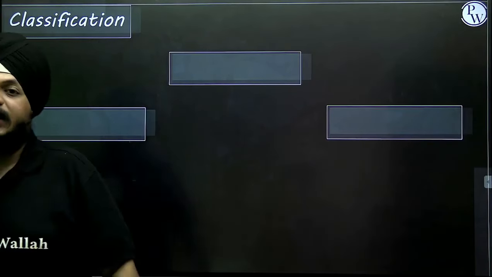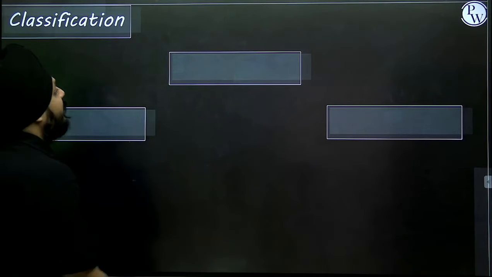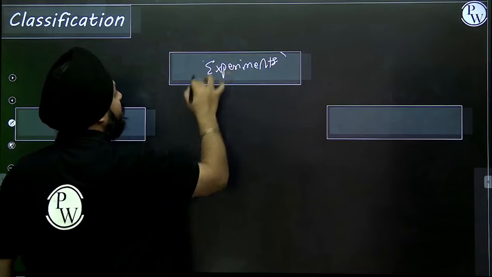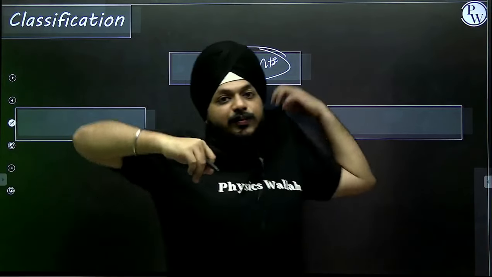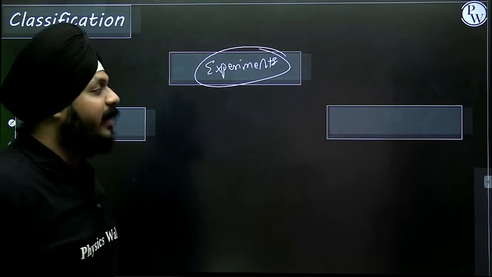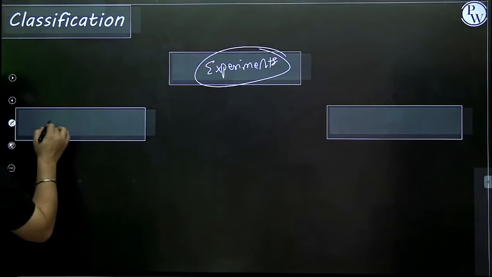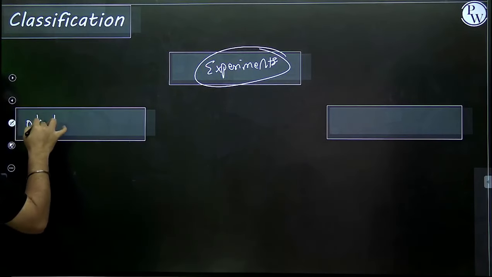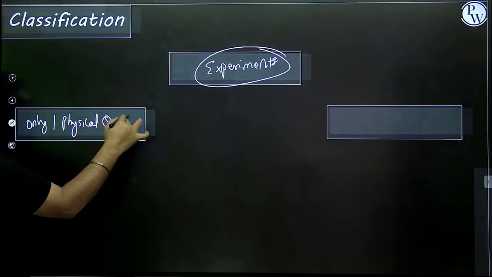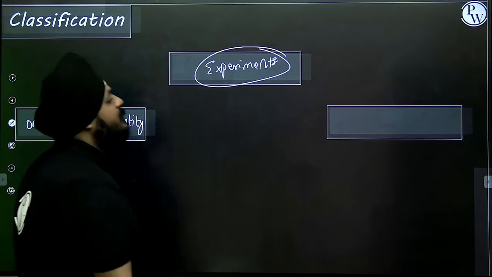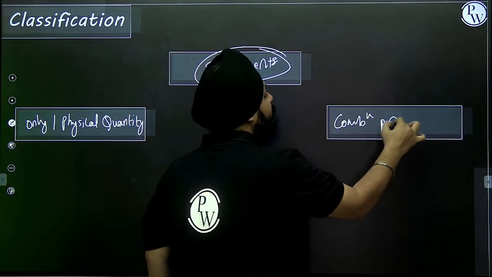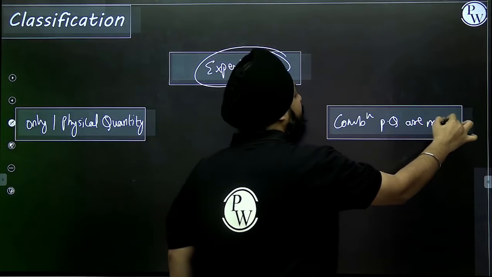Apart from this, lots of things are there. But in this case, basically 2 kinds of questions are always asked. In all of these cases of the errors, we are conducting an experiment. In experiment 1, only one physical quantity is measured, and in the other, a combination of physical quantities is measured. I am conducting an experiment.